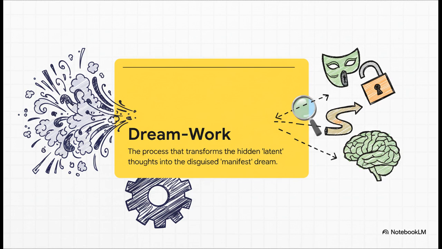So how do you get from those deep, hidden thoughts to the weird movie on the surface? Well, there's a bridge, and Freud called it the dream work. You can think of it as your mind's internal disguise artist. It's this incredible engine that takes the raw, maybe even explosive material of the latent dream and transforms it into the coded, symbolic, and strange manifest dream. It's part translator and part censor.